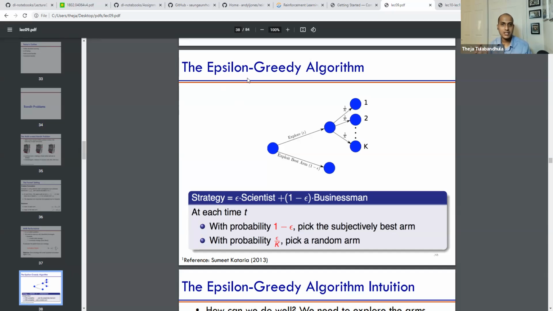Okay, or A, whichever has the highest performance in the history. So you are depending on history. You're just saying, hey, with 90% probability, just pick whatever was doing well before. But with some other probability, let's say epsilon by k, where k is the number of decisions that you can take, you pick a